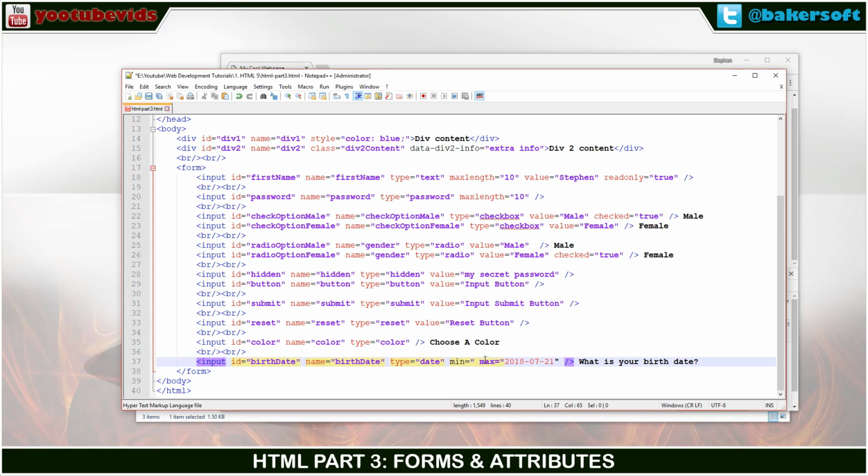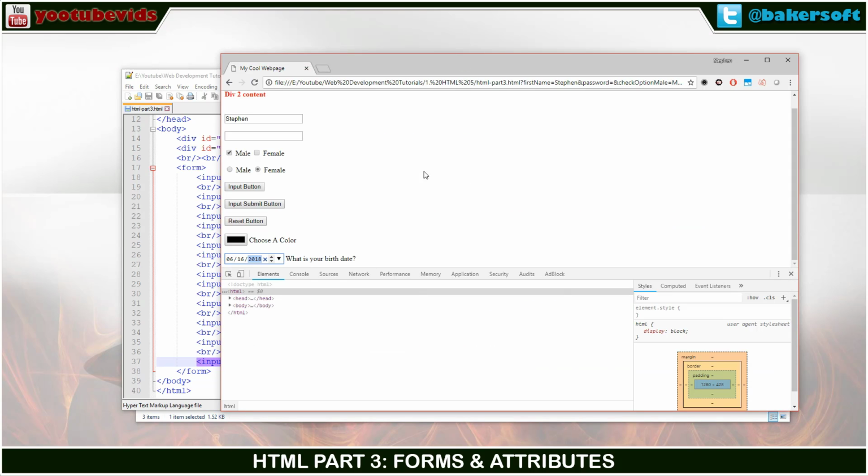Oh, actually, no, not 2000. We're going to say 1900-01-01. So January 1st of 1900. There should be no one that's that old at this point, but they could possibly be. Anyway, so